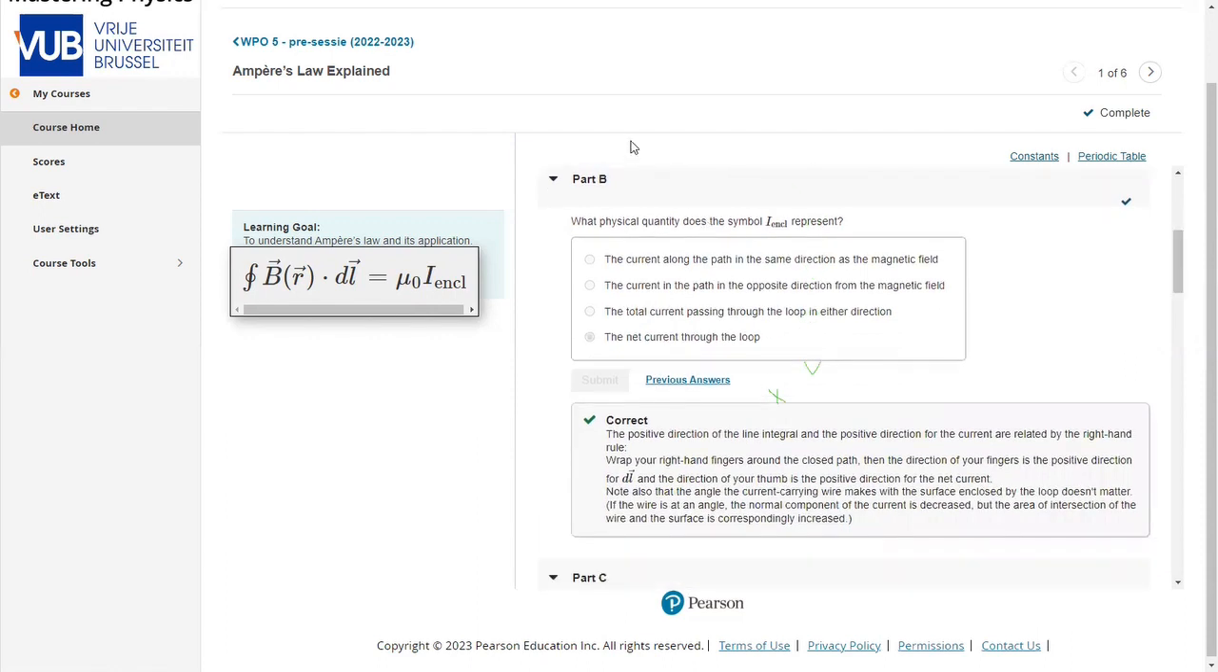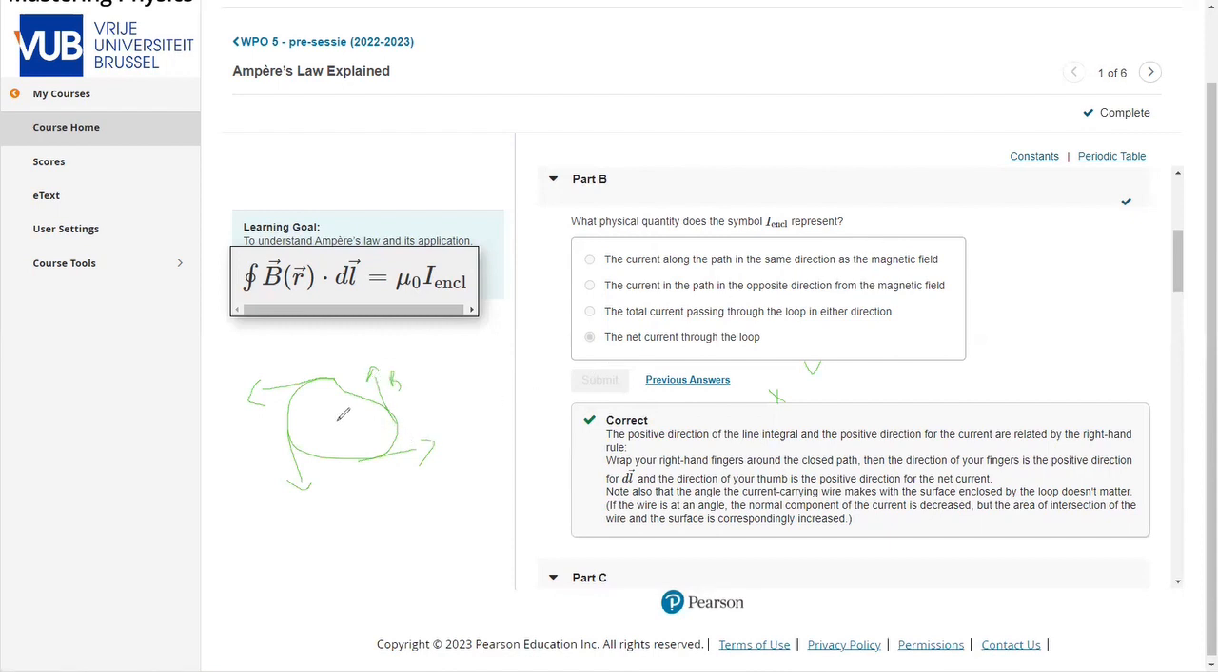Part B. The current along the path in the same direction as the B? No, because when you have a loop, your B is always tangent to your loop, over your path, always like this, always tangent to your loops, and your current is not in the same direction as your